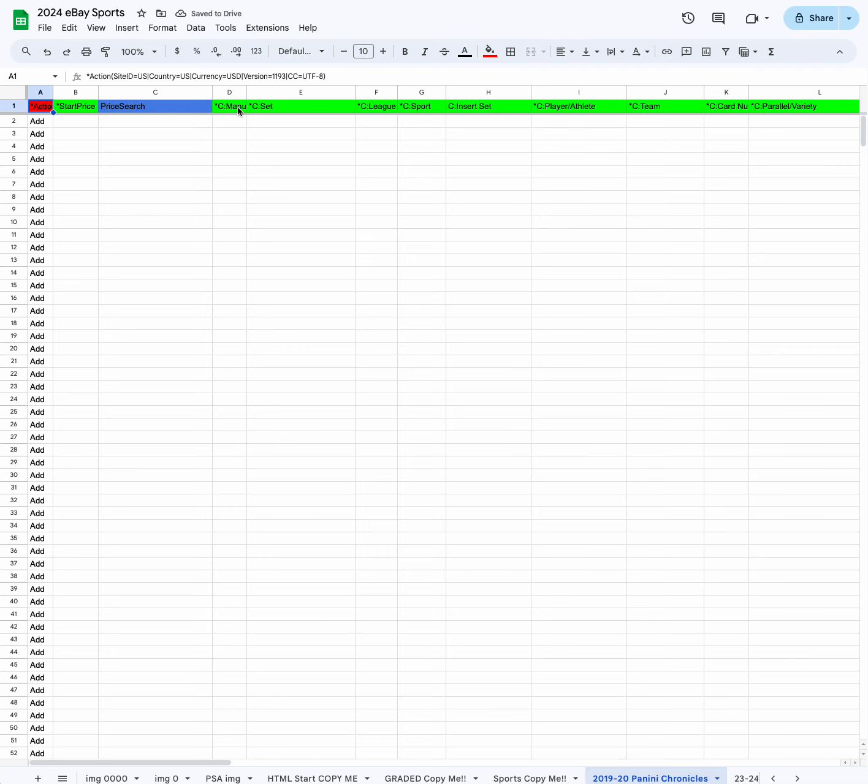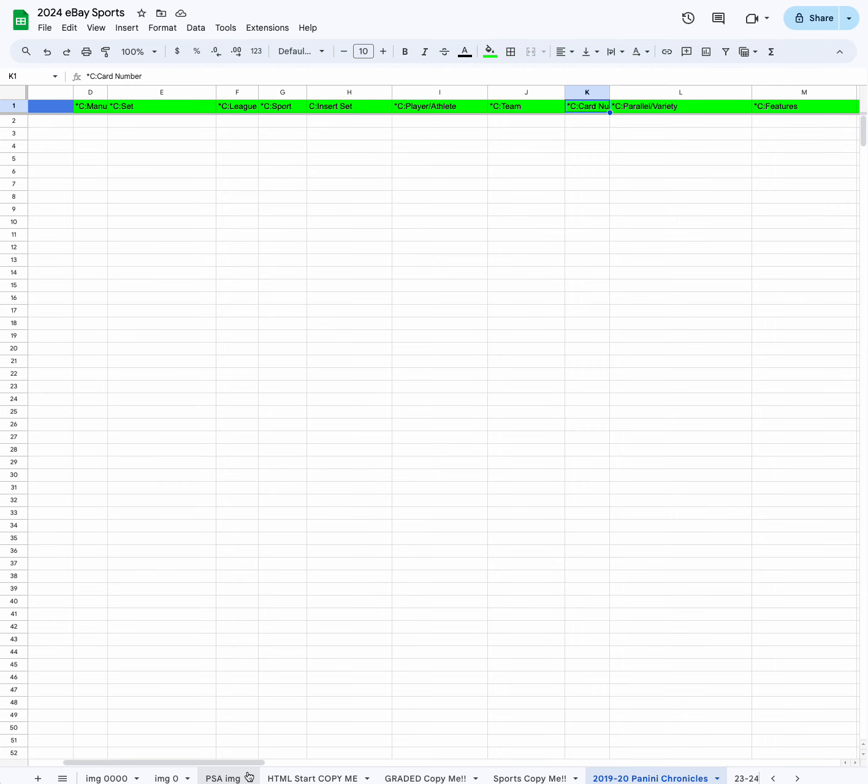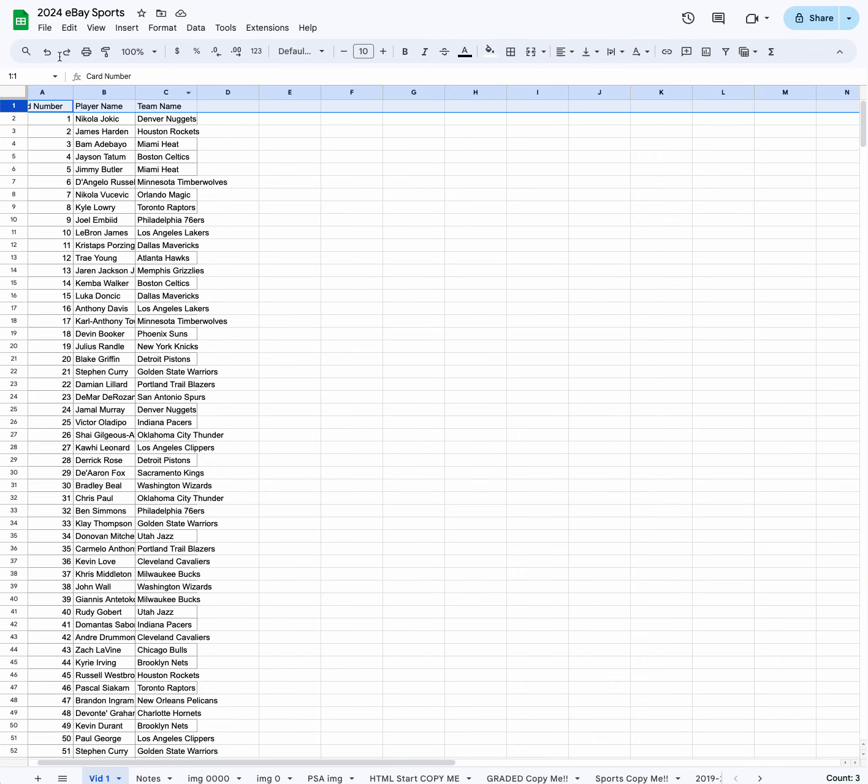Again, here's my player, team, and card number. This is those 3 pieces of information we're trying to get. And guess what? We have them right here. Now it's as easy as this. I know it was player name, team name, and then card number. So I'm just going to copy these 2 by, again, holding shift down, control down, and arrow down. I just highlighted top to bottom. Control C copies those. I'm going to go back to my new sheet, and I'm going to paste right there